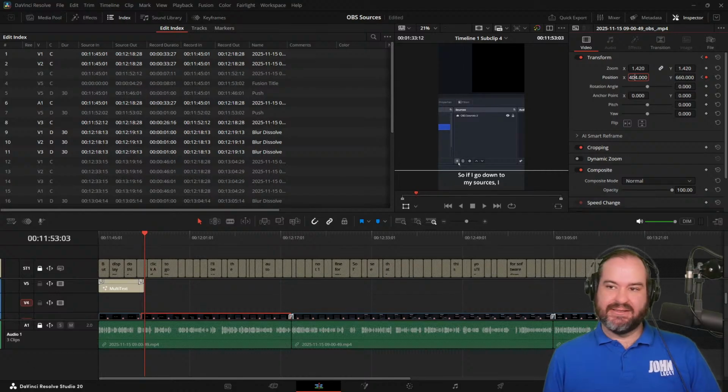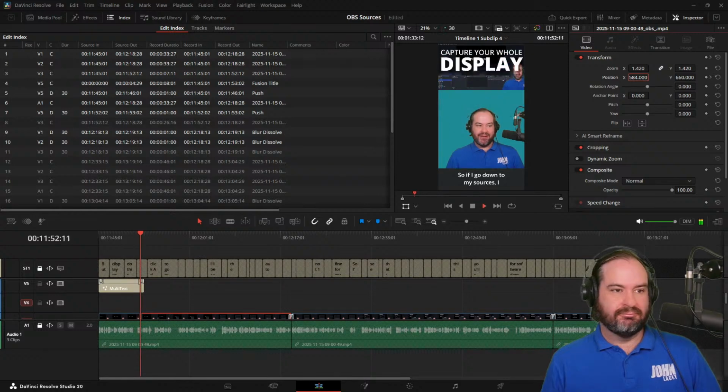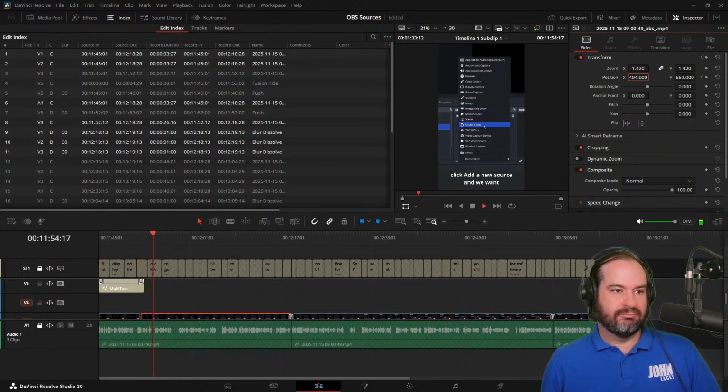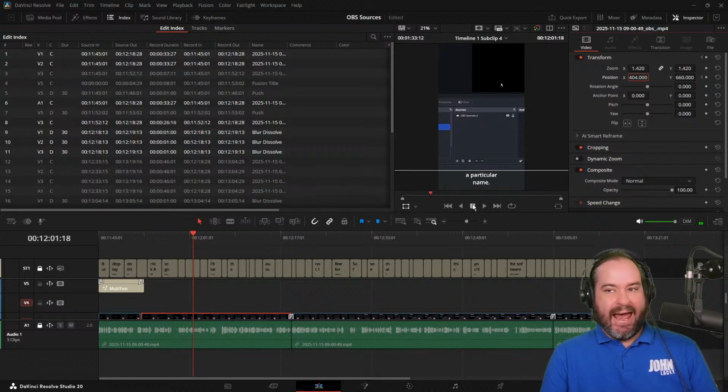We'll keep that relatively centered. And again, let's just see what that looks like. If I go down to my sources, I click add a new source, and we want to go to display capture. Again, you might want to give this a particular name. And again, we kind of want to readjust the screen, because what you're not seeing in that little section there